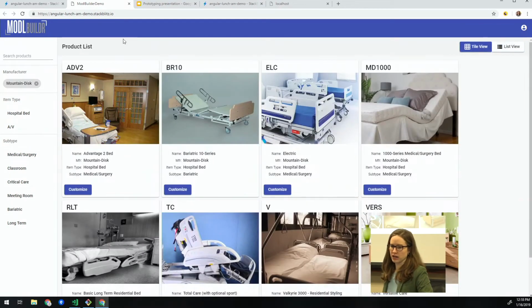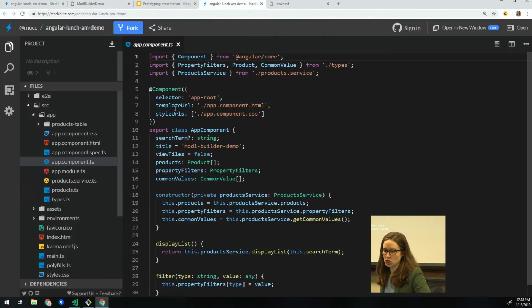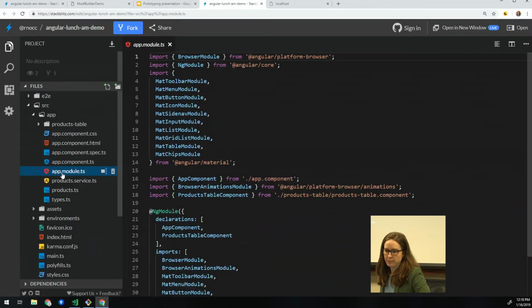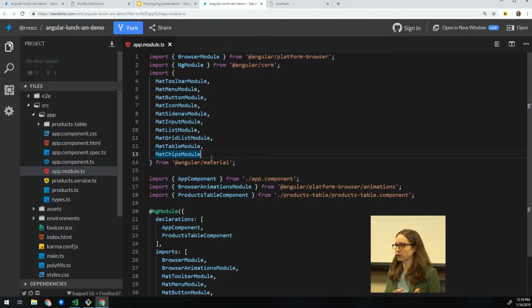So I'm going to just kind of walk through this card. If we go into the app module, when you're using an Angular material component, they're kind of all packaged up into their own individual ng modules. So if you're just using a handful of the components, then you're not going to pay the price for the entire library when it comes time to bundle your app. So you have to specify which specific modules you actually want to pull in. So in this case, for the card,